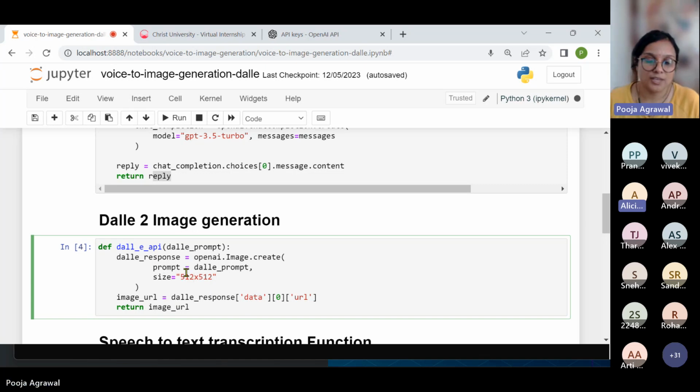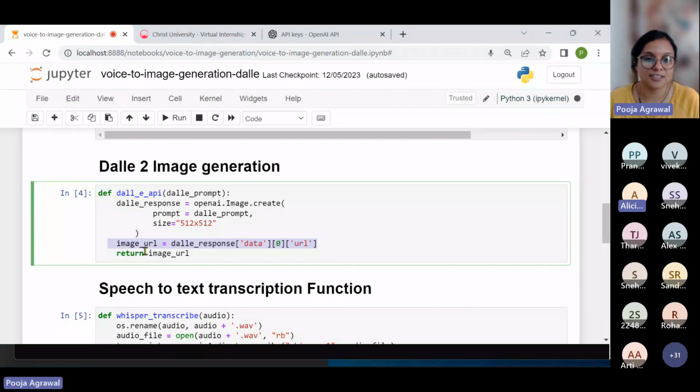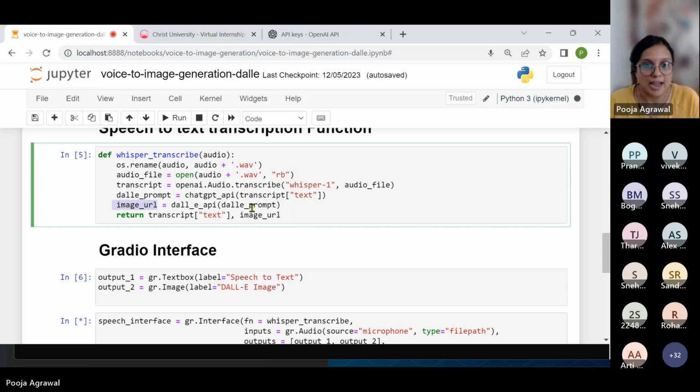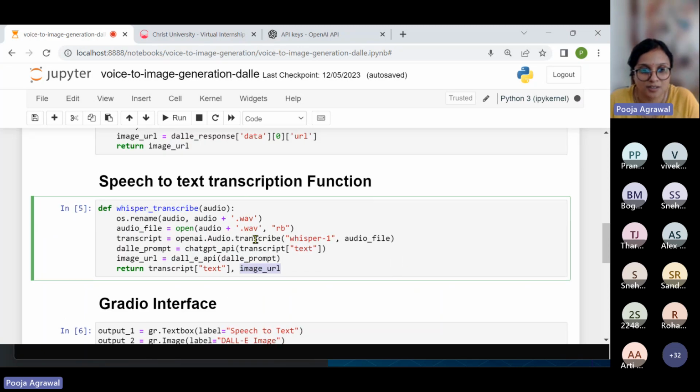So yes, we can mention the size here, and then you use the prompt to generate the image, and simply you return the URL of the image as a return from this method, the DALL-E API. And then the response that has been returned gets saved in the image URL, and both the text as well as the URL of the image are returned from here.